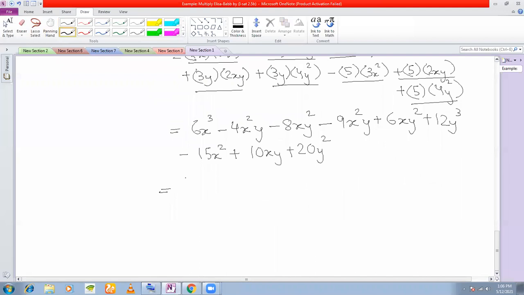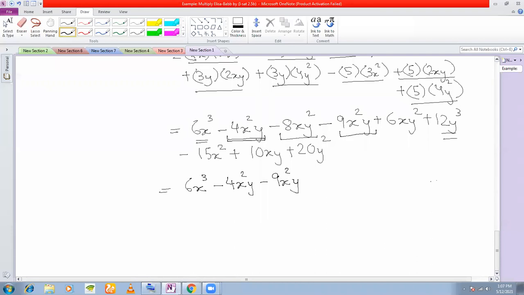We write the highest power of, see, you have the highest power of x as 3 and the highest power of y as 3. So what we are going to do, in one corner you are going to keep 6x cube, and in the other corner you are going to keep 12y cube. So apart from this, whatever term you write, you will write in between. So let's start with x cube, 6x cube. There are no other like terms, so we'll keep it as it is. Next one, you have x square y. Any other x square y here? Yes, there is an x square y here. Any other? No. So we'll write these together. Minus 4x square y minus 9x square y.